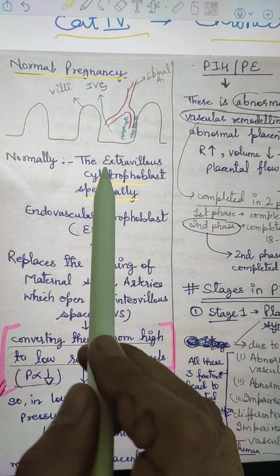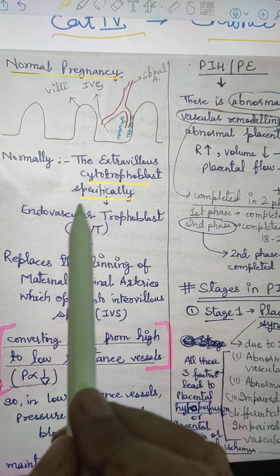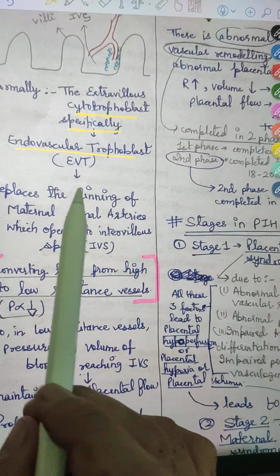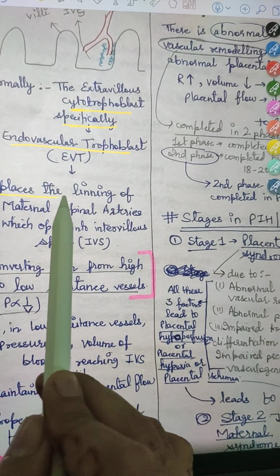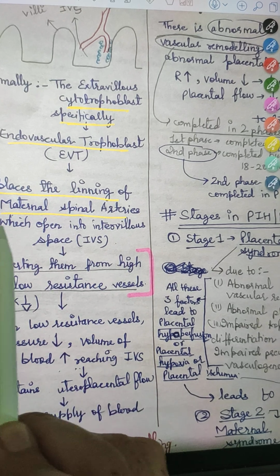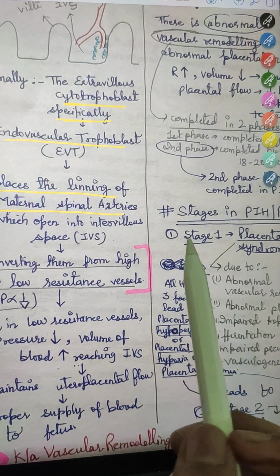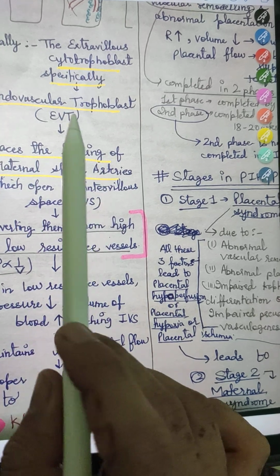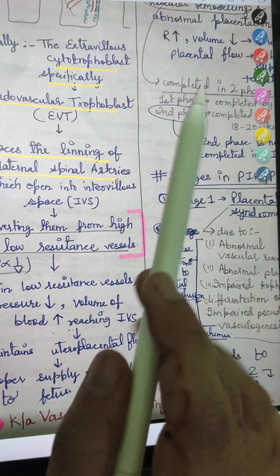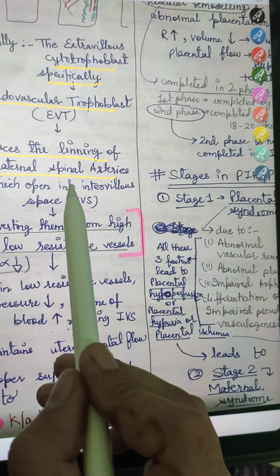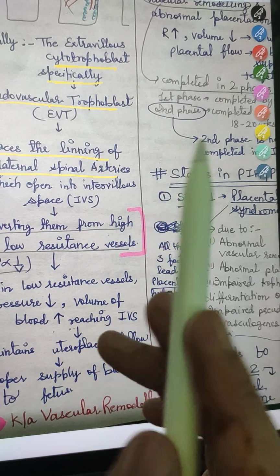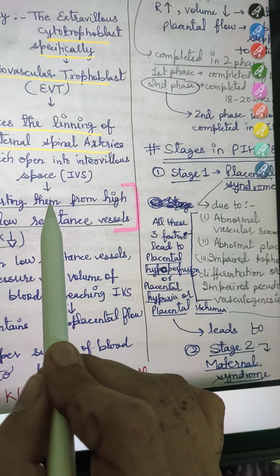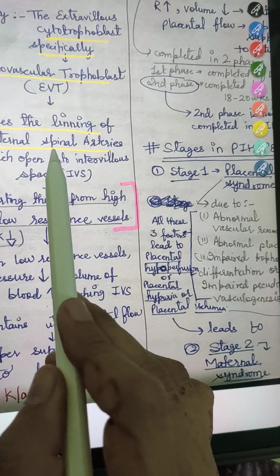So normally the extravillous cytotrophoblast, specifically endovascular trophoblast, replaces the lining of maternal spiral arteries, which open into the intervillous space. Means these endovascular trophoblasts replace the lining of maternal spiral arteries. Now what they do is they convert these spiral arteries,